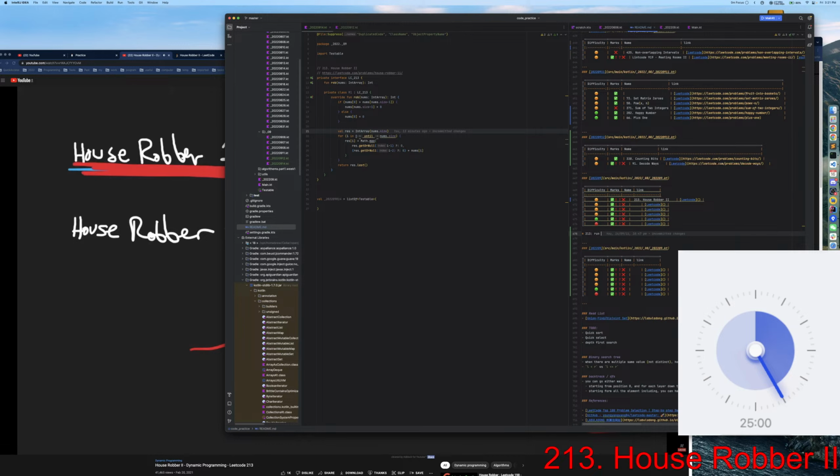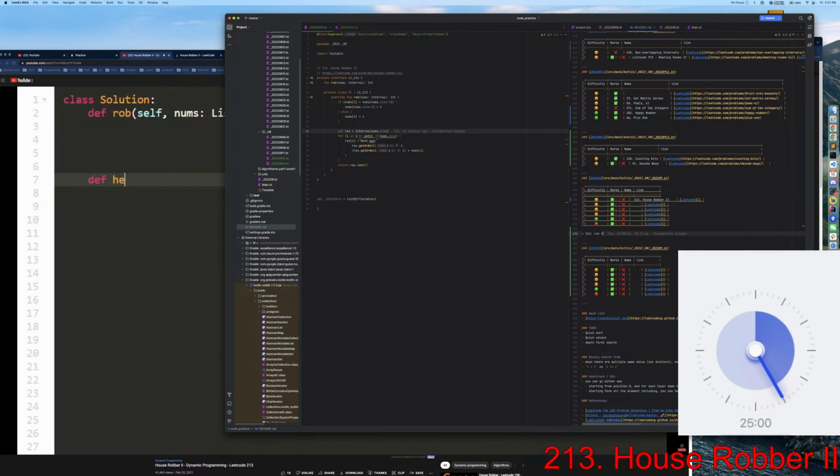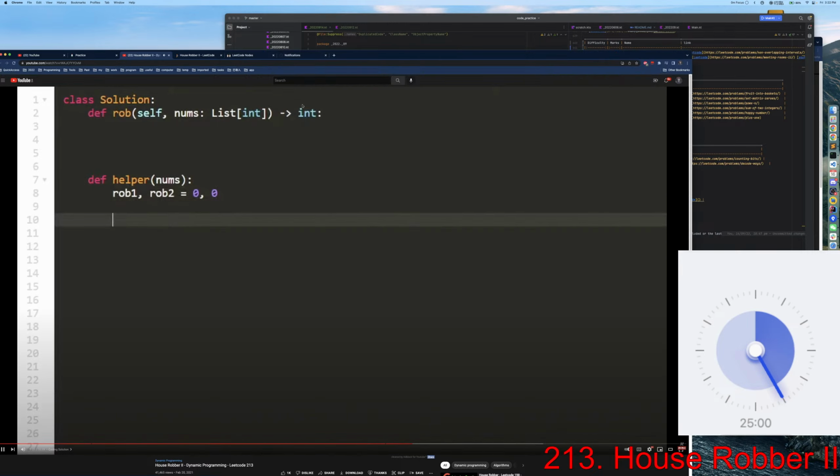and it'll make a little more sense. So first, I'm going to create a helper function, right? Basically, what I'm going to put here is our solution from house robber 1. If you remember, we have two values, rob 1 and rob 2. Basically, these store the max amount you can rob from the previous two houses, right? And initially,